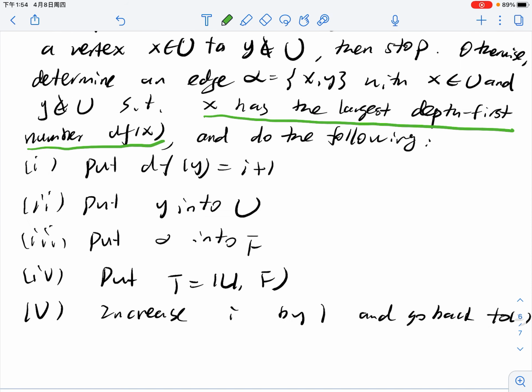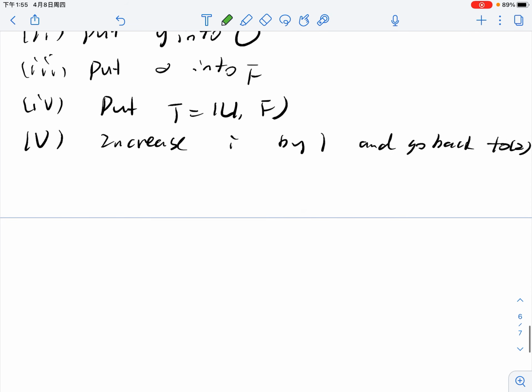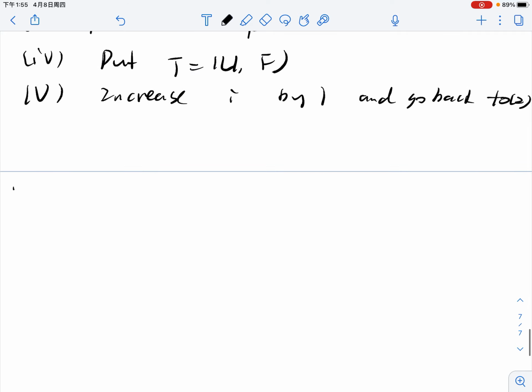Okay, and if you look at the algorithm, it's pretty similar to the general algorithm or the BFS algorithm. The only difference is that when we choose the new vertex, we use a different rule. Okay, and then we have the following theorem. G is connected